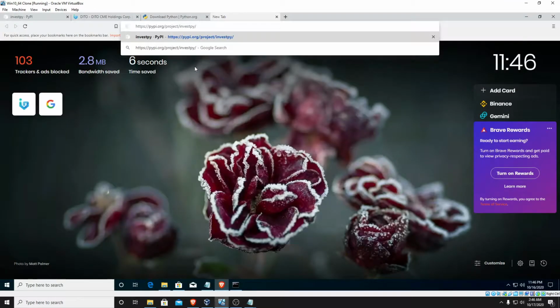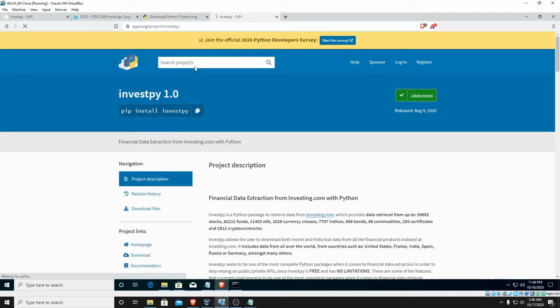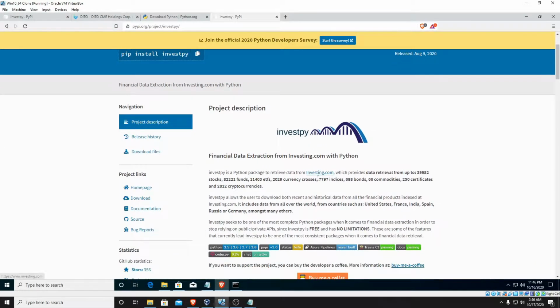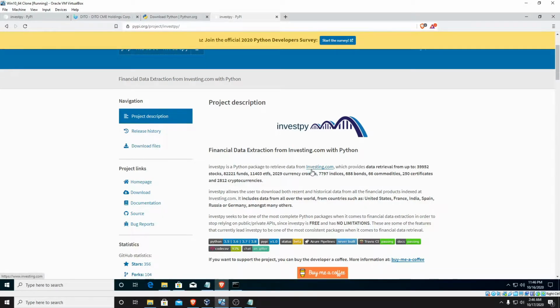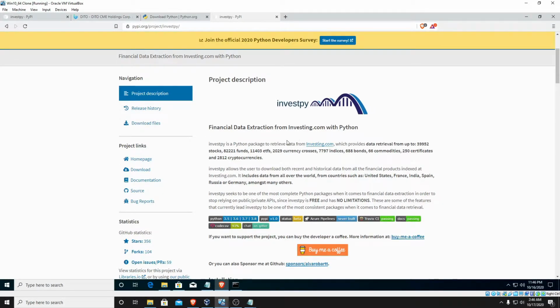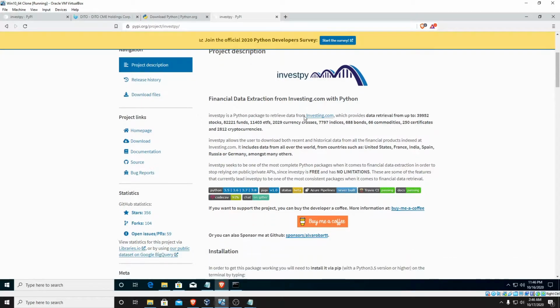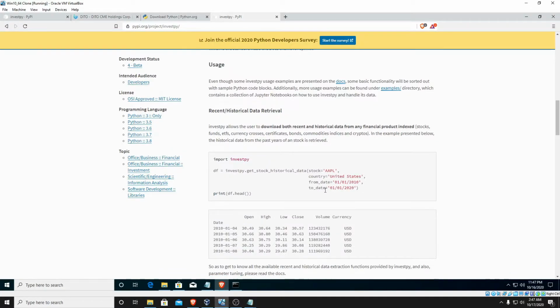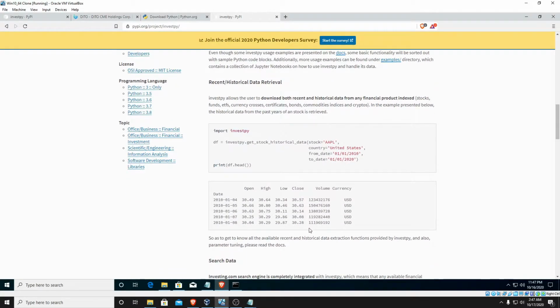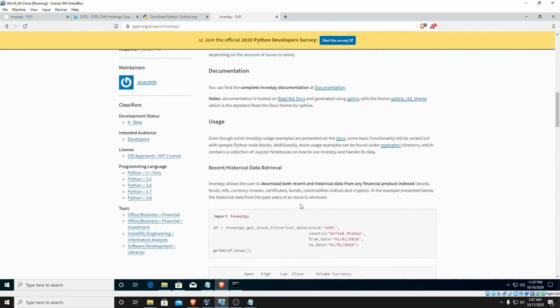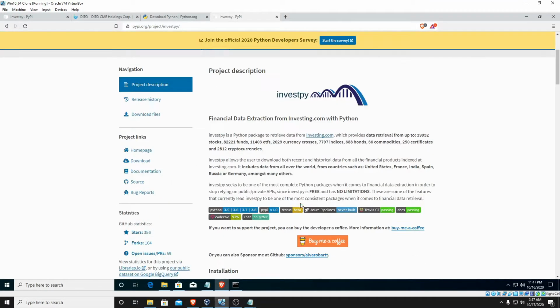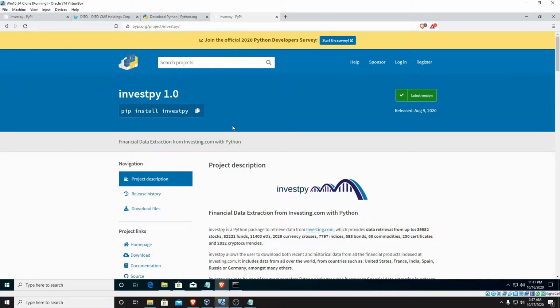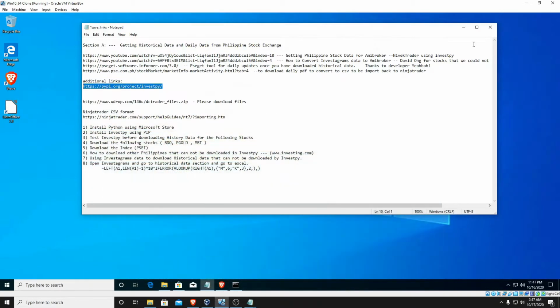Investpy is not only for downloading data from the Philippine stock market. Basically you can download a lot of stuff, and once you go to their website, you will see you can download American stocks if you want to add them. You can actually do the same thing you're doing for the Philippines, but for US data. It's all the same, right guys? But what we're trying to do here is just for the Philippine data, for the Philippine Stock Exchange. So now we're going to step 2, installing Investpy